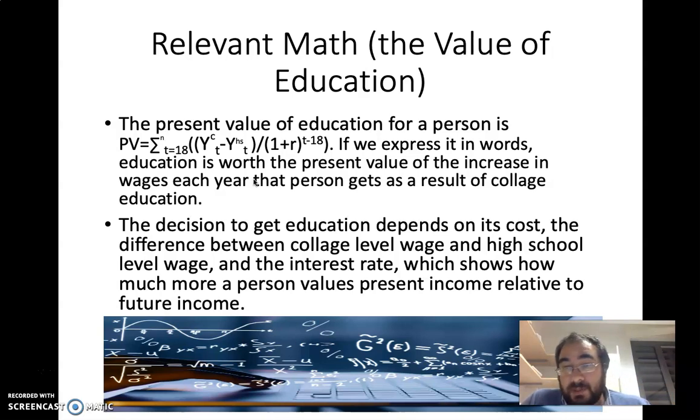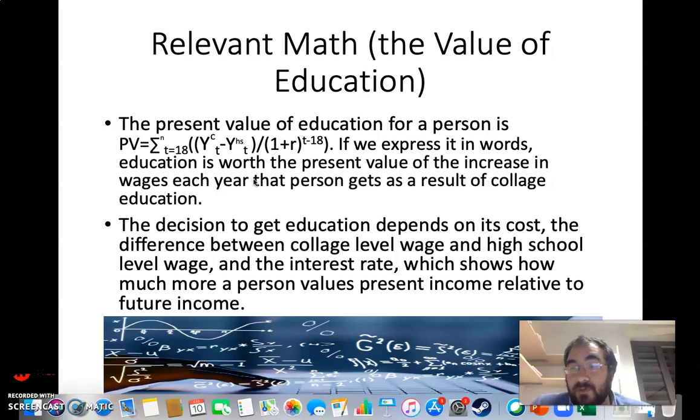For example, if the present value of the income the person will get with education is, let's say, $100,000, while the present value of the income the person will get without education is $80,000, then $20,000 is the value of education. This means as long as the price of education is less than $20,000, the person will get the education. If it is free, of course, the person will get education, because